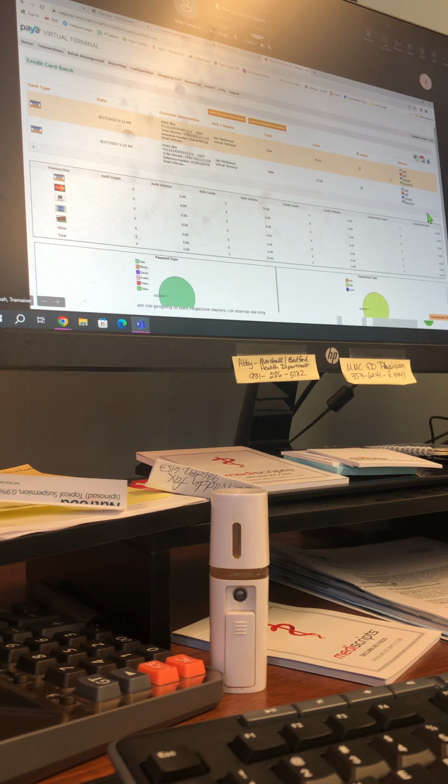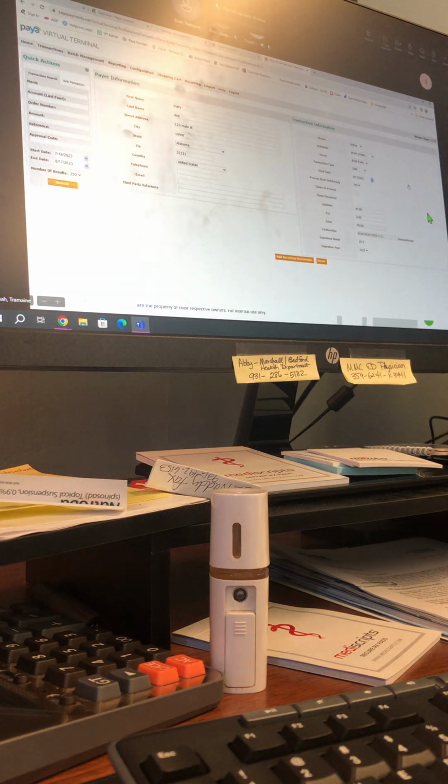Okay, and then we have recurring. Just another shortcut for creating a recurring schedule for a customer, almost like an automatic payment. We will get more into recurring payments as we move along, if this applies. Okay, so we're going to leave batch management, and now we're going to go to reporting,